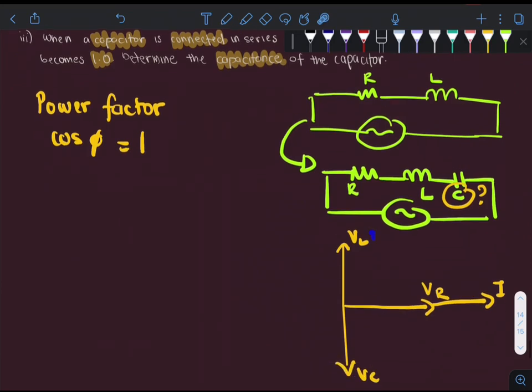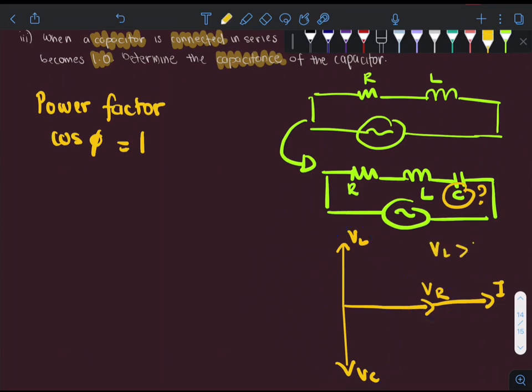So this is the phasor for voltage and also current for the RCL circuit, where the V net comes from the summation of the V's,